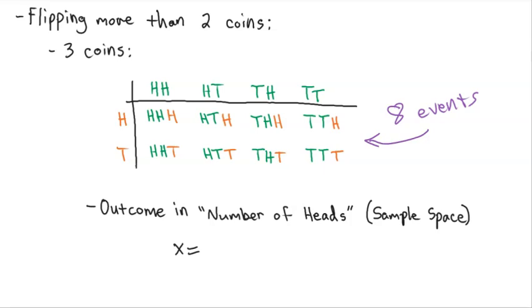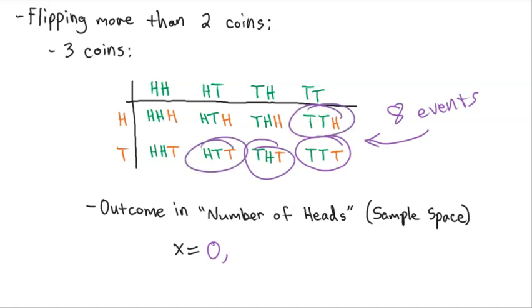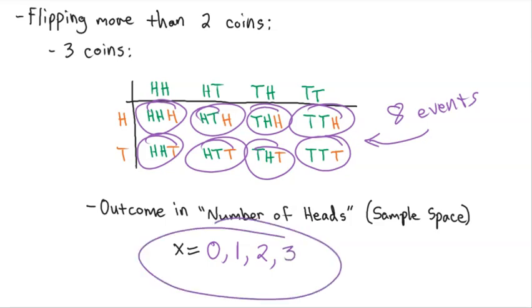Okay, and so what are all the possible numbers of heads? Well, this one right here, tails, tails, tails, that's 0 heads, okay? Now, this one is only 1 heads, this one's 1 heads, and this one is also 1 heads. So that's another possibility, is to have just 1 heads. This one is 2 heads, this one's 2 heads, and this one's 2 heads. So 2 heads is another possible outcome. And then this one is 3 heads. And so this is our sample space. Our sample space winds up only being 4 possible outcomes, either 0 heads or 1 head or 2 heads or